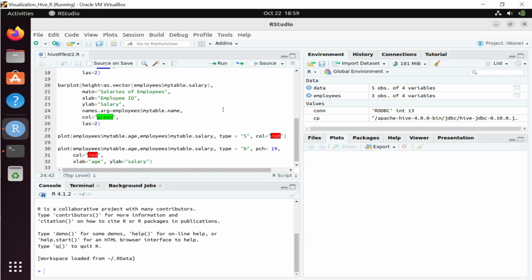Why are we using name over here? It's ID versus salary, employee ID. And then we try to plot another graph,